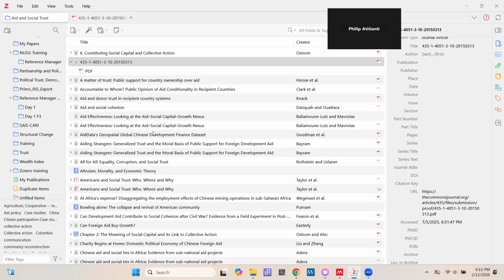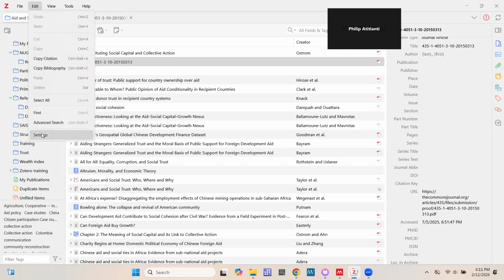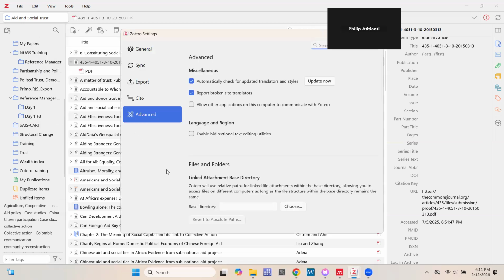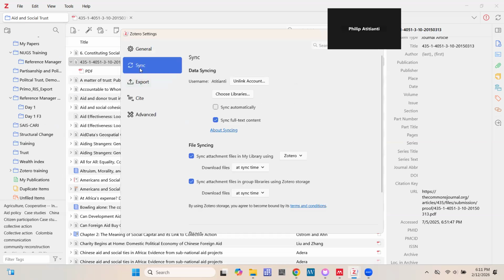All right, so if you want to be able to access the content in your Zotero, the files, whatever it is, across different computers, you would have to create an account, and then Zotero would be able to sync. If you access settings and you choose sync, my voice is low, so I'll try and speak up a bit.